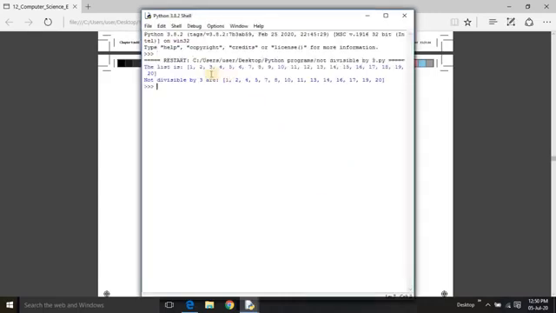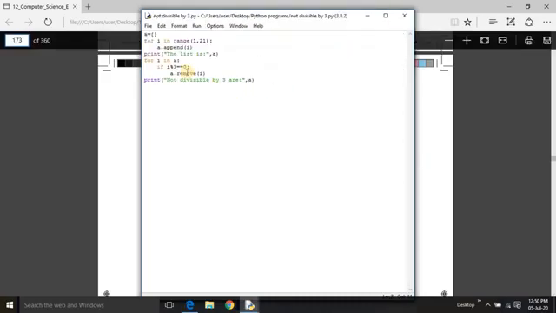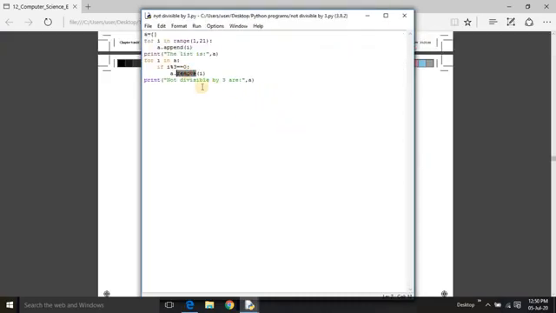See, initially we created a list from 1 to 20 and the elements that are not divisible by 3 are printed here. In this case we are making use of the function called remove. Okay, so go through the program very clearly and we are moving to the next program. Write a program that counts the number of times a value appears in a list. Use a loop to do the same.